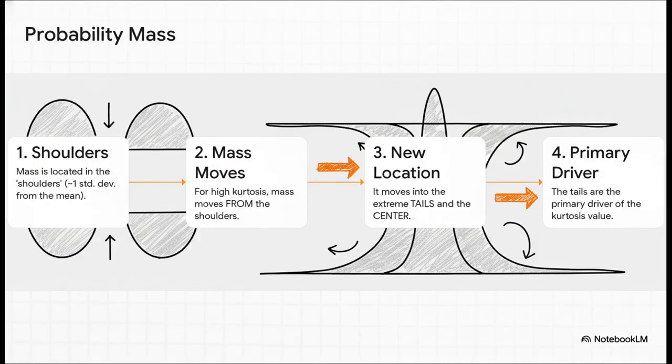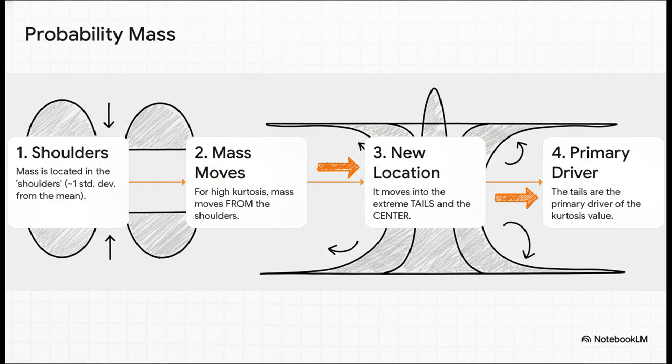The best way to think about it is as a movement of stuff, of probability mass. First, picture the shoulders of a distribution, that area about 1 standard deviation from the middle. High kurtosis happens when mass moves away from these shoulders. So where does it go? Well, it goes to 2 places, the extreme tails